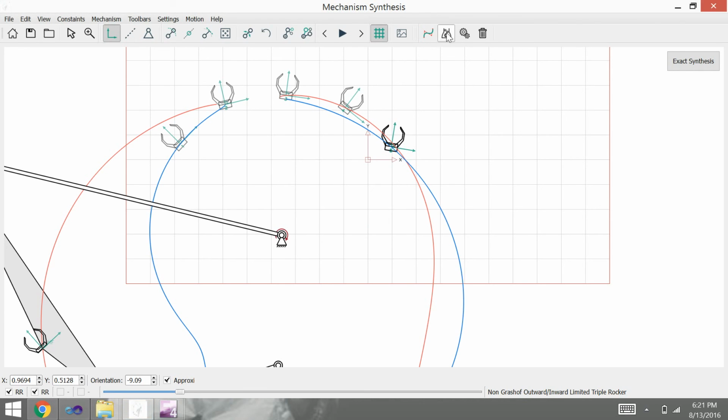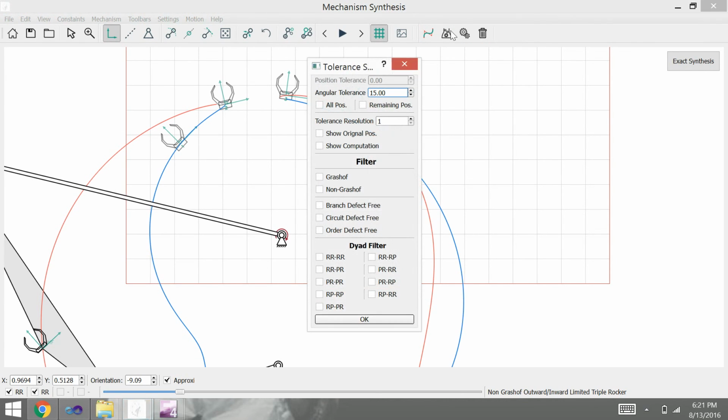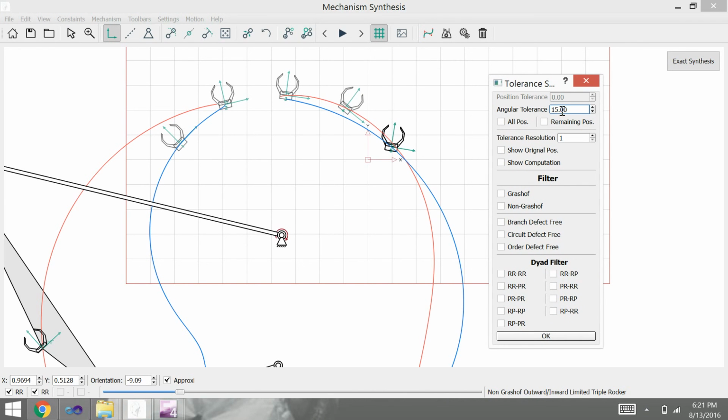After that I will open the tolerance synthesis window by clicking this button. So here I'll give an angular tolerance of 15 degrees for the remaining positions, that is for the second, third and fourth position, and I'm keeping a resolution. Resolution means how many in-between positions I want within that angular tolerance. So I'm keeping it as 2. Then I will explain all these terms once we compute all the mechanisms for these given parameters. So I'll just click OK,